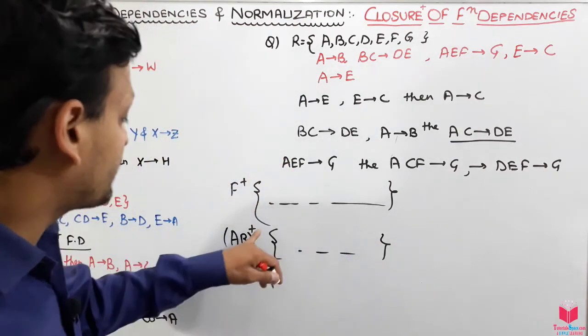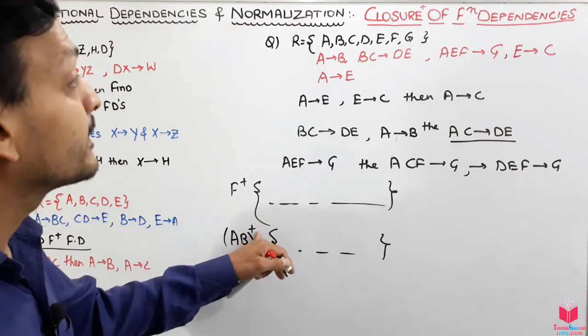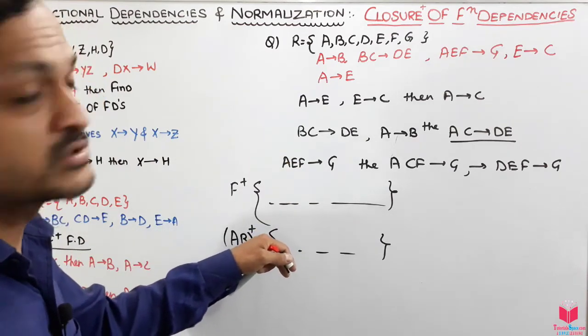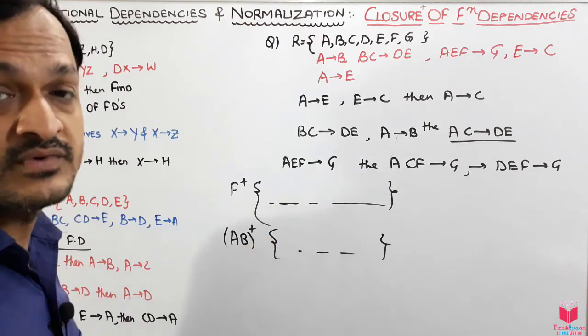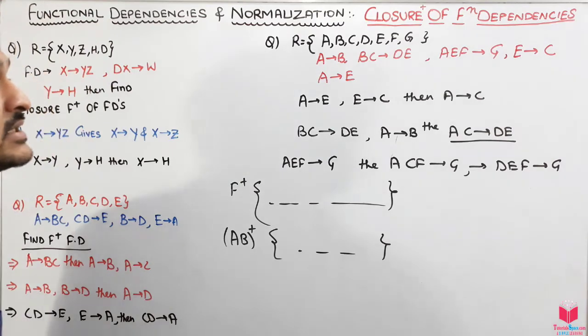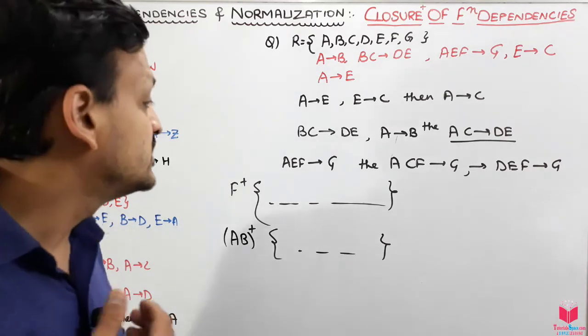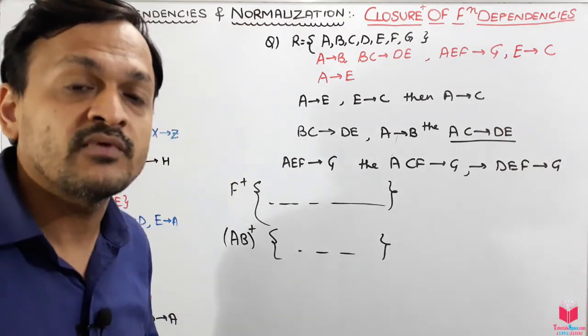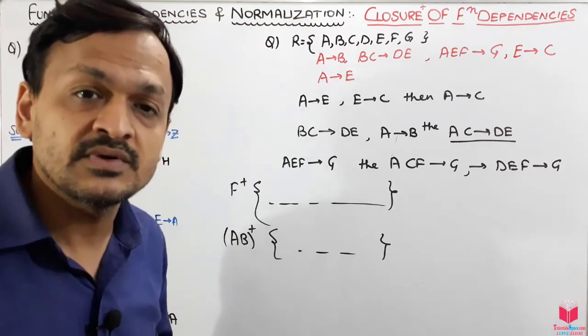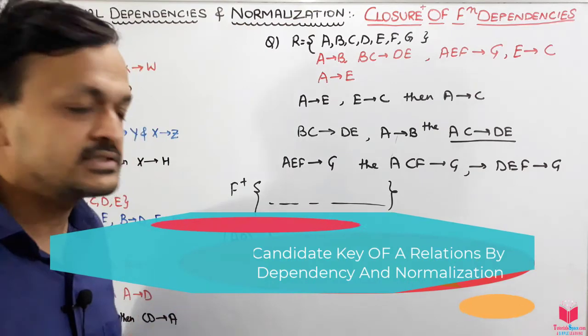Okay, so this is all about the functional dependency. This is all about the closure of functional dependency. Okay guys, the plus sign represents the closure. That means other dependencies which can come from the given dependencies. So this is closure dependency. In the next session, we will do some examples, or we will do finding the candidate key, which helps in normalization as well, in the third normalization. So we will discuss later in the videos.